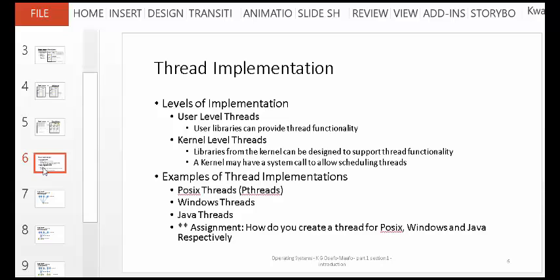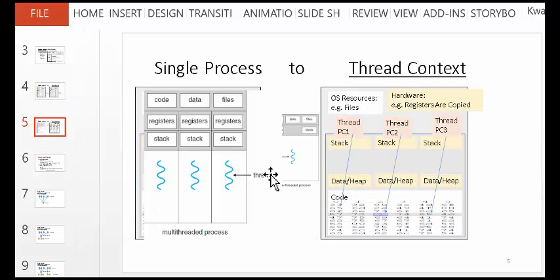Initially, you made this comparison with Chrome and Firefox, where I think Chrome runs various processes for the different tabs. What's that advantage? So, as I said, if all threads are running in the same space, the sharing will be much easier to do. That is, you can easily share resources from one thread to another. If you have different processes, of course, now you are all isolated, which is good for security. But the issue is sharing may become a little bit more of an issue.